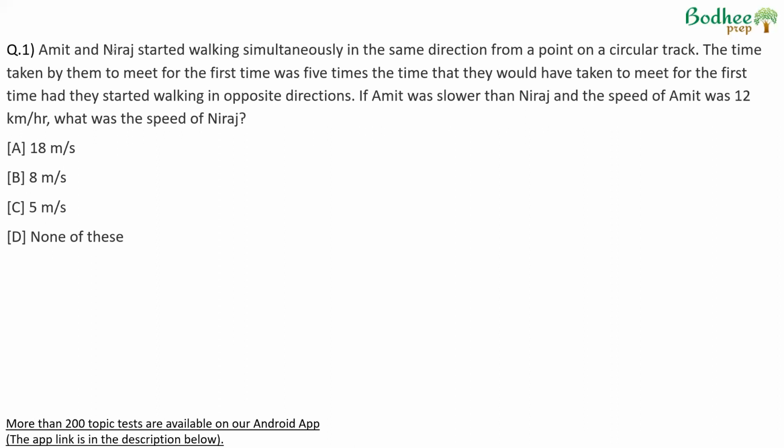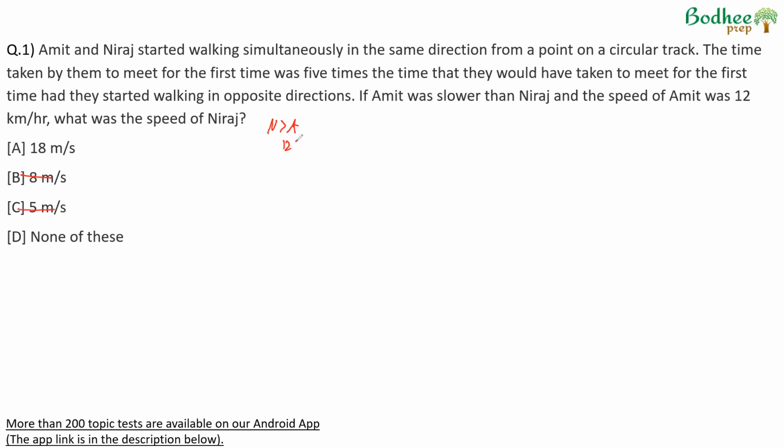Amit and Neeraj started walking simultaneously in the same direction from a point on a circular track. The time taken by them to meet for the first time was 5 times the time they would have taken to meet for the first time had they started walking in opposite direction. If Amit was slower than Neeraj and speed of Amit was 12, what is the speed of Neeraj? Neeraj's speed is greater than Amit's speed, so option B and option C go away